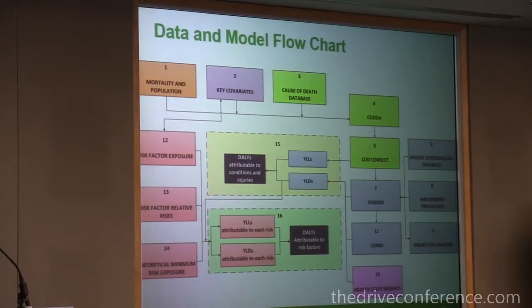So our researchers create a number of these models, and then they take the data that's relevant, keep 25% of the data out, and use the 75% to develop the model and predict the 25% and see how close we're getting to the actual truth. And we do that with various models, and we do that 1,000 times each. 1,000 times we keep a quarter out, estimate them, and then see how close we're getting. Then based on how well these models are performing, we pick the best model or combination of models to do the actual prediction. So there's a lot of sophistication going into just this one step of predicting causes of death.